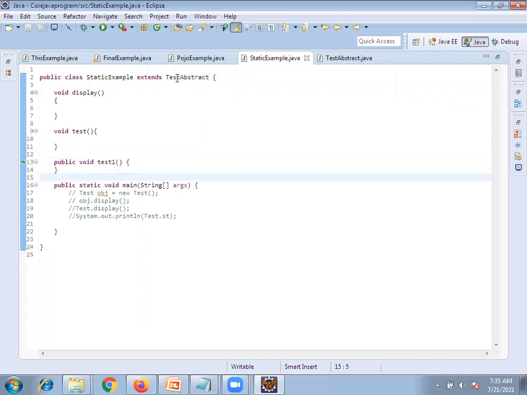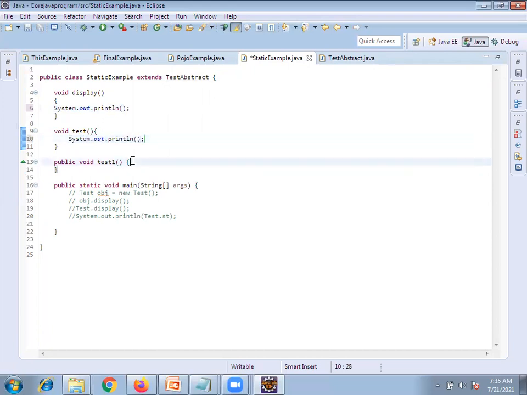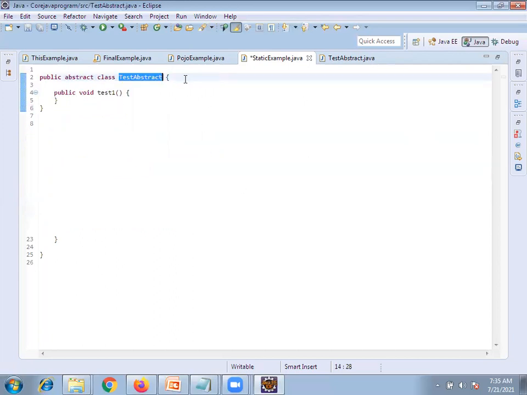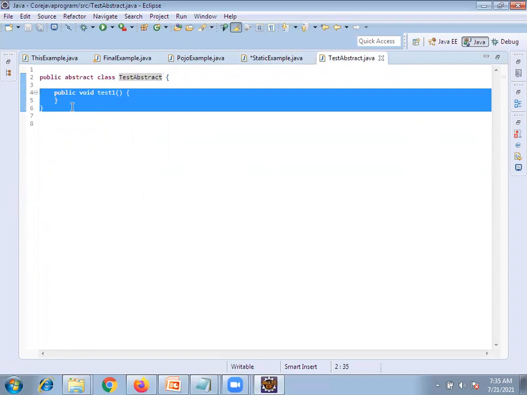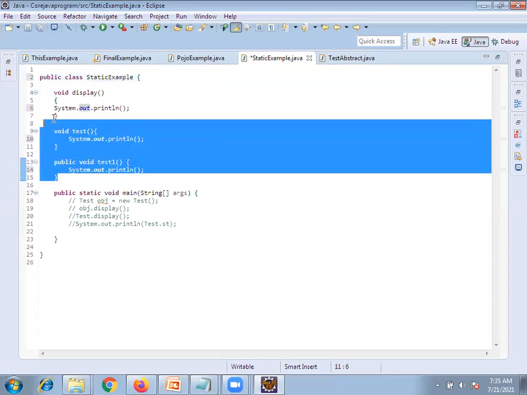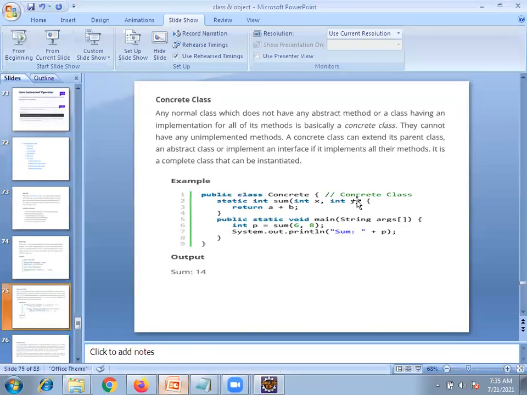Getting? See these three methods. These three methods should have some implementation, at least some XYZ logic should be there. That's what a concrete class means. Whatever abstract methods the parent class has, suppose there are 5 methods, all 5 methods should have some implementation logic in the child class, or else you are not extending anything. Even if you define just 3 methods, those 3 methods should have some implementation.